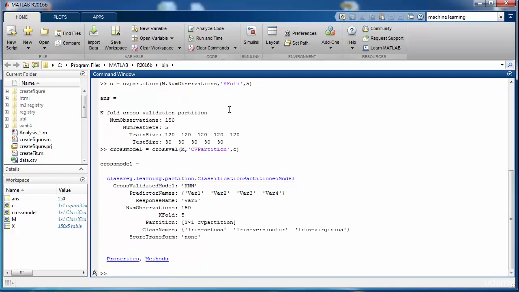Now, one thing you may have noticed is that we can also specify those pieces of information without CV partition; we can mention here k folds, and then mention a number 5 for it, and it will do the same job. So why are we actually considering this CV partition? The answer is that it's actually going to give you some additional information regarding the partition that it has